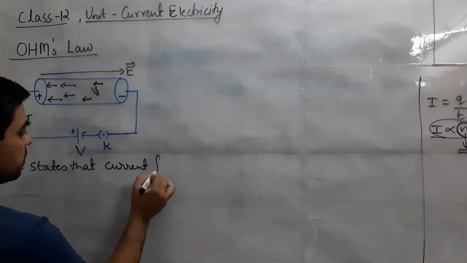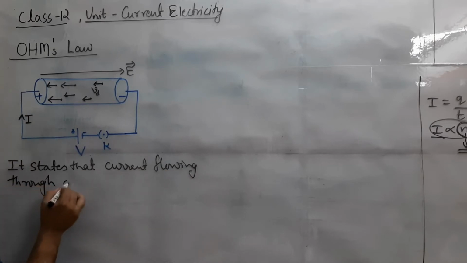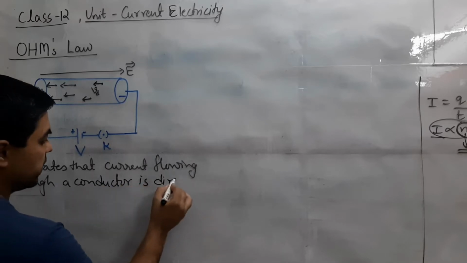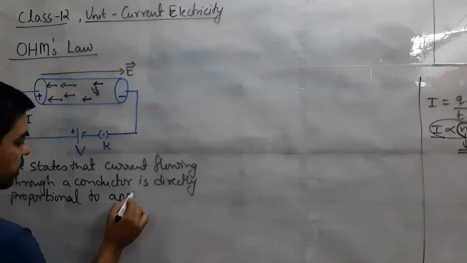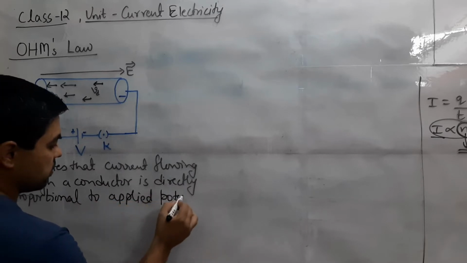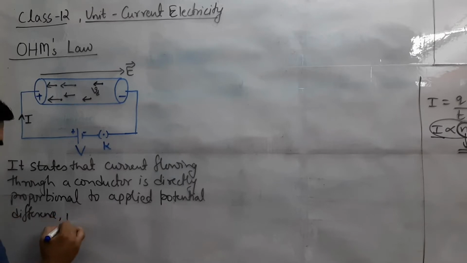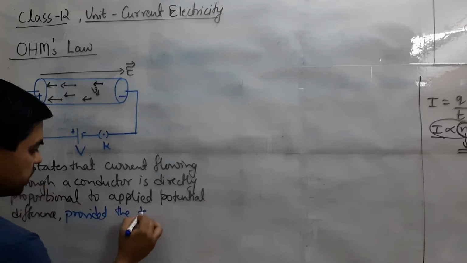current flowing through a conductor or across a conductor is directly proportional to applied potential difference and now the important part, provided the temperature, provided the physical conditions